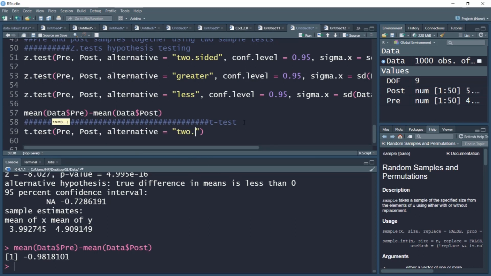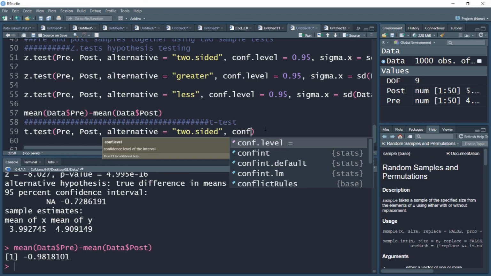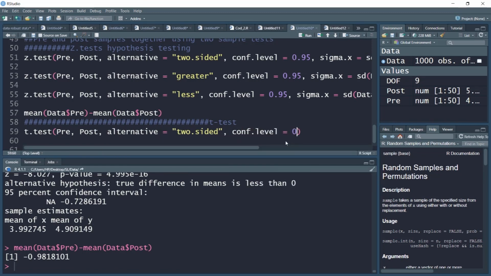So here we are simply comparing the pre and post means. We'll set the confidence level as 0.95. Please note we are not providing the standard deviation or variance of the population as we did earlier with the z statistic, because the assumption here is that those variances are unknown. So we'll run this test